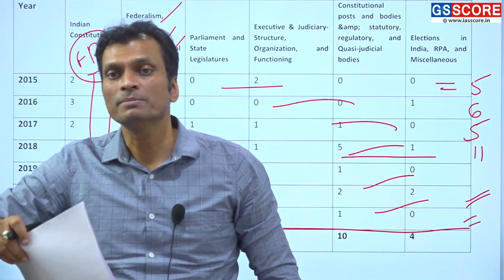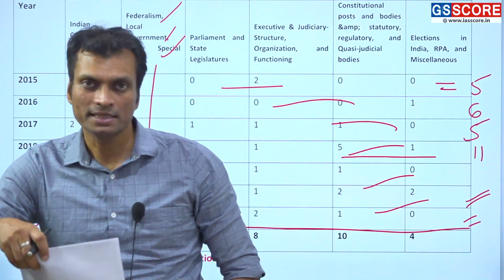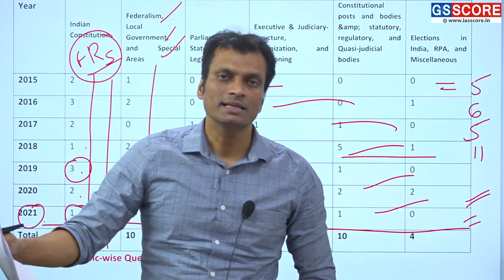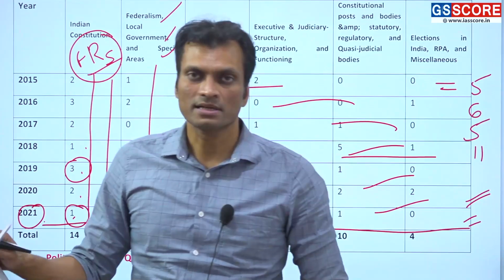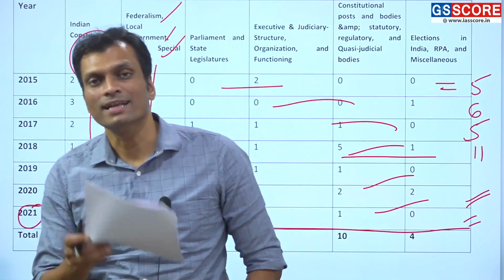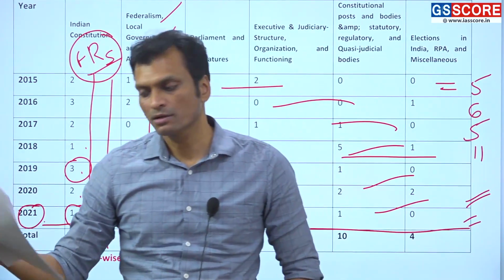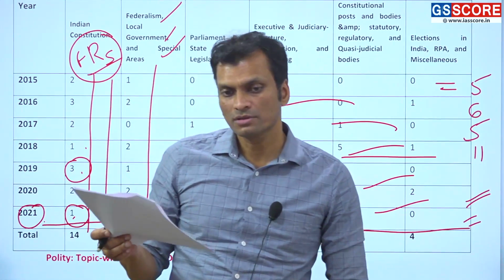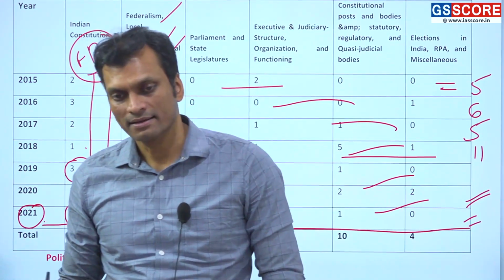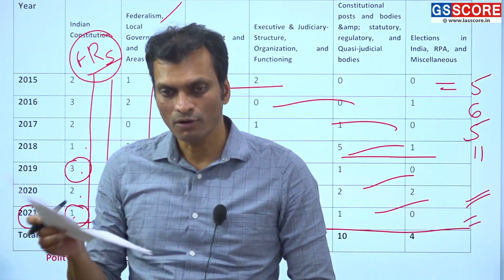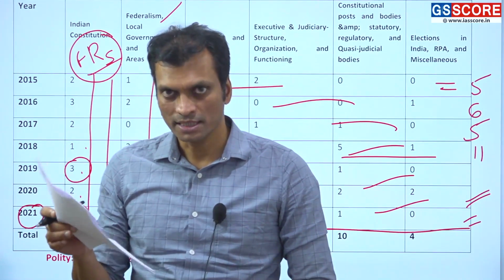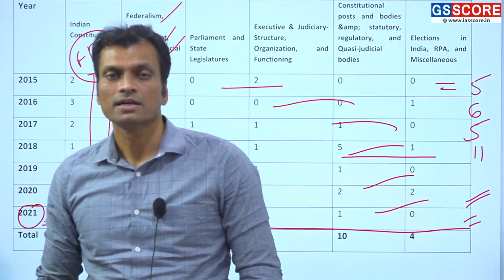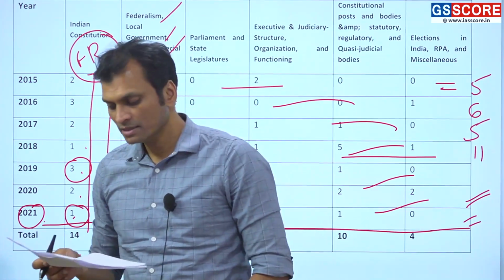So not only women, you have to deal with equality, equal opportunity and the possible consequences when women are less, in terms of the values mentioned in the preamble. So your polity answer writing must always revolve, if the question is not descriptive, around the values given in the preamble,